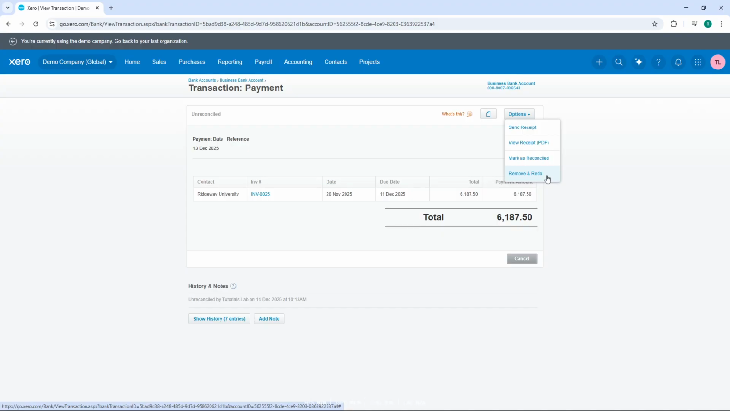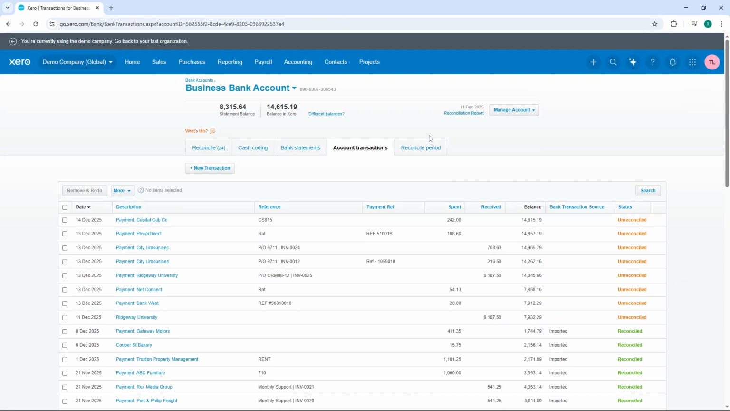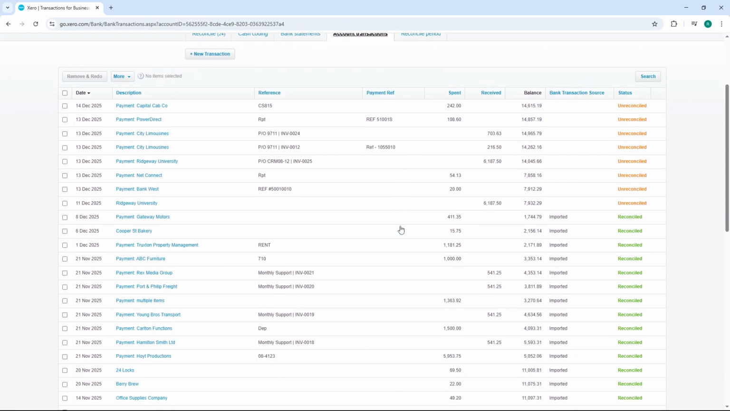Finally, verify the new reconciliation by returning to the bank account and checking that everything looks correct. The transaction should now be properly reconciled with the accurate details you've entered. And there you have it, you've successfully unreconciled and redone a transaction in Xero, giving you full control over your financial